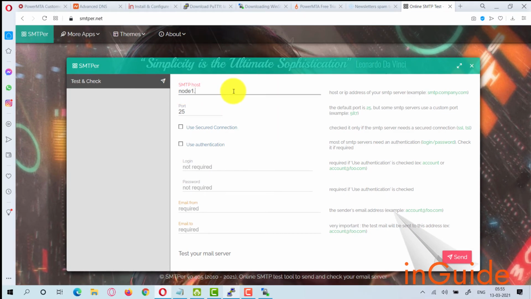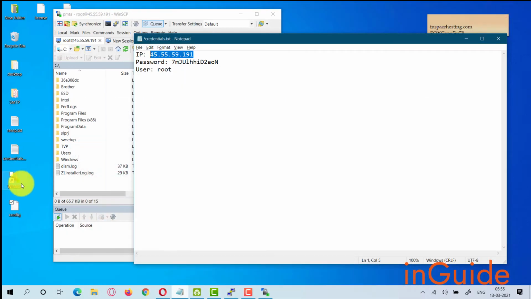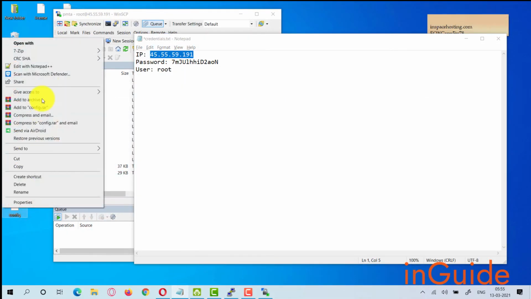In SMTP hostname, type node1.your domain name, that is inguide.guru. Next, the port. Remember I chose port 2525, and let's go back to the config file once again.